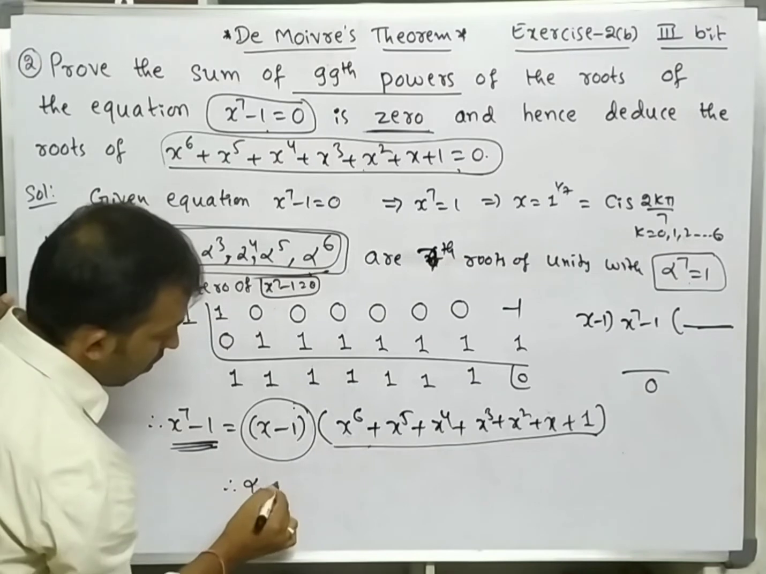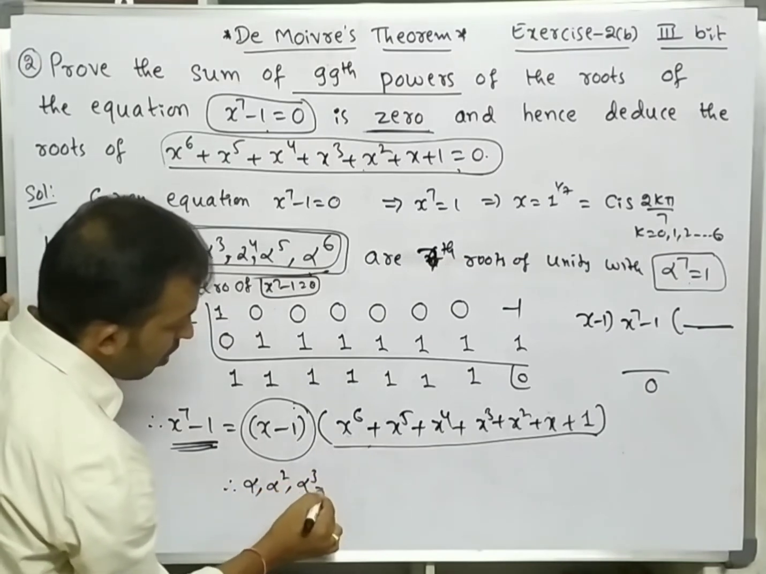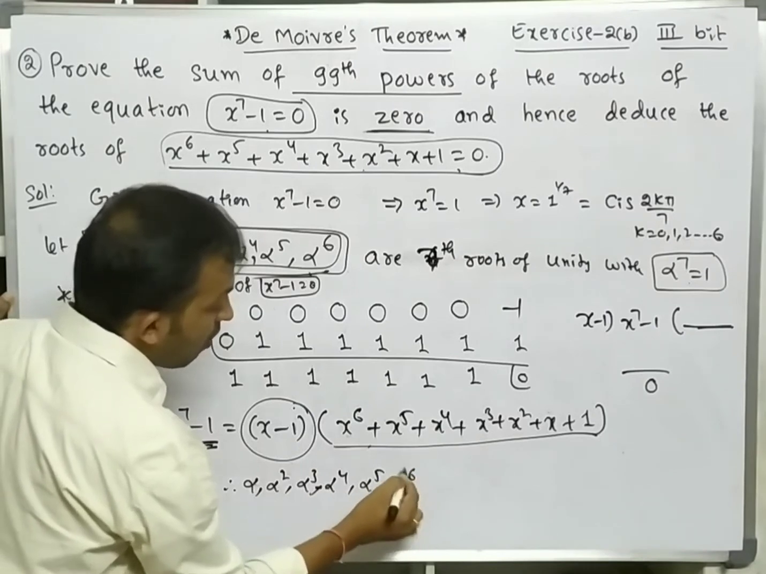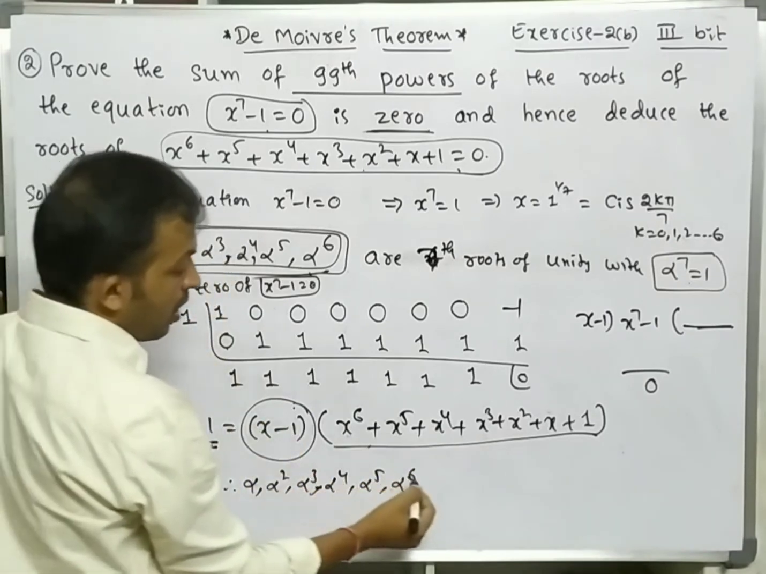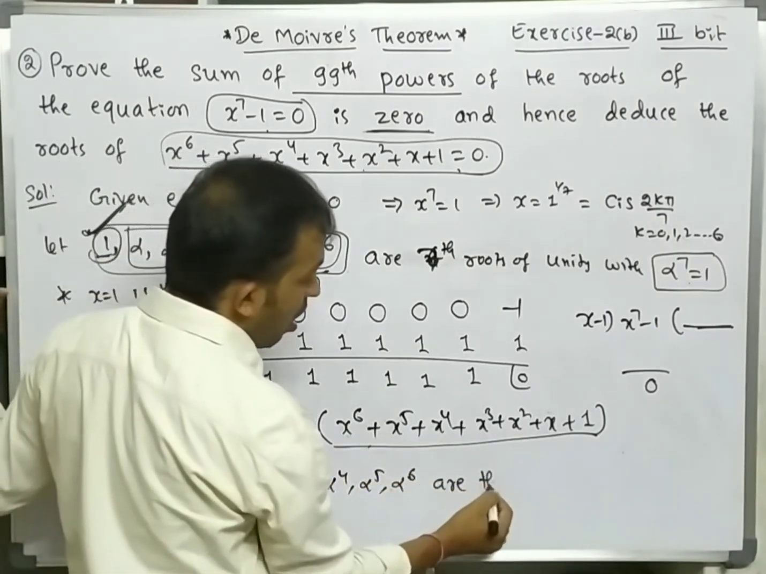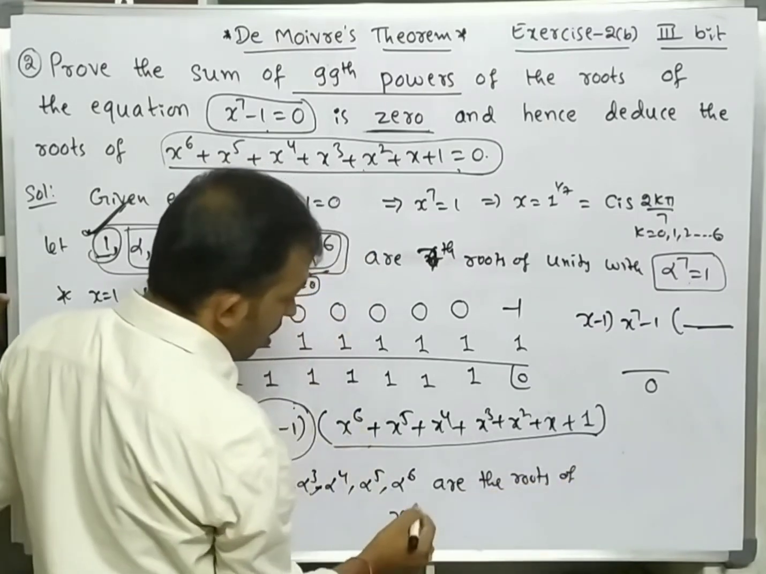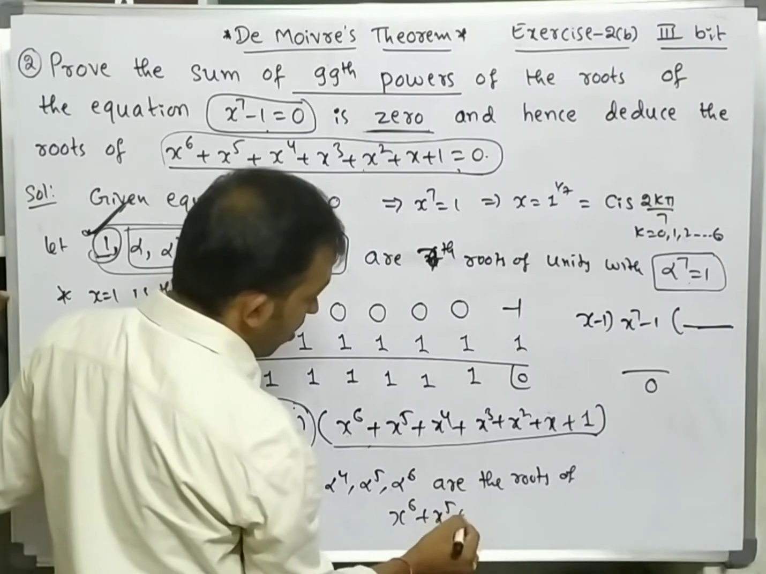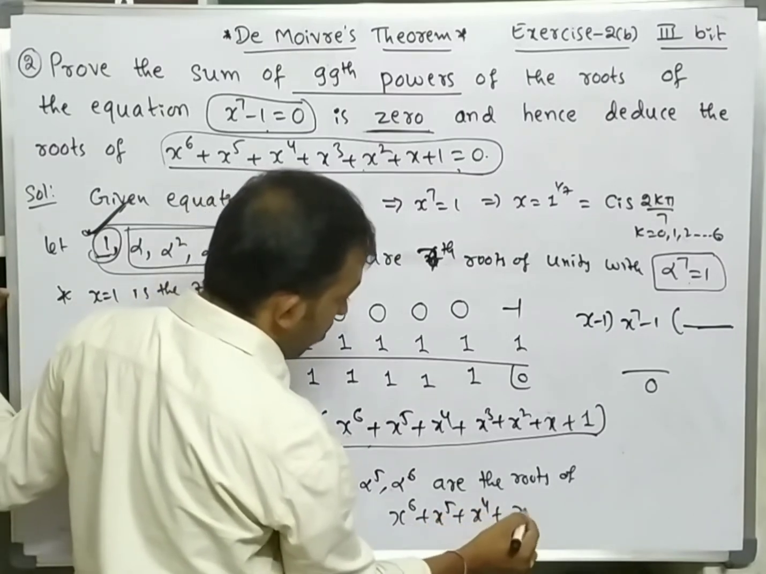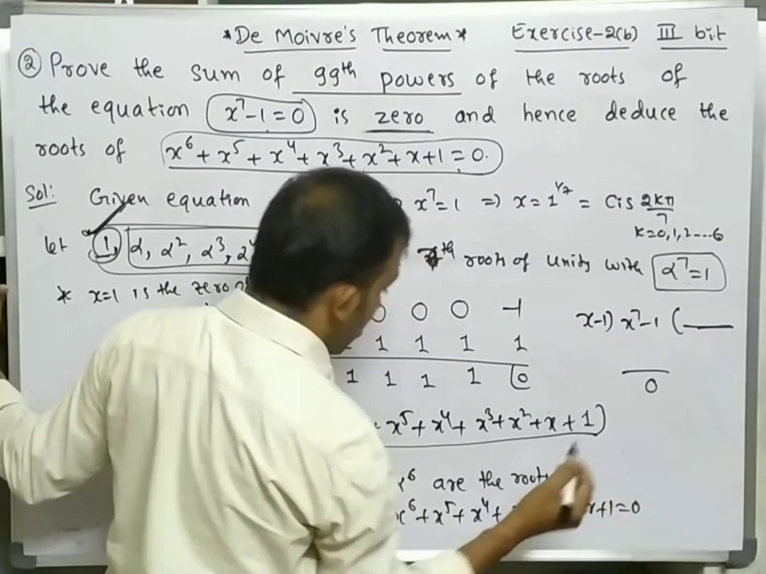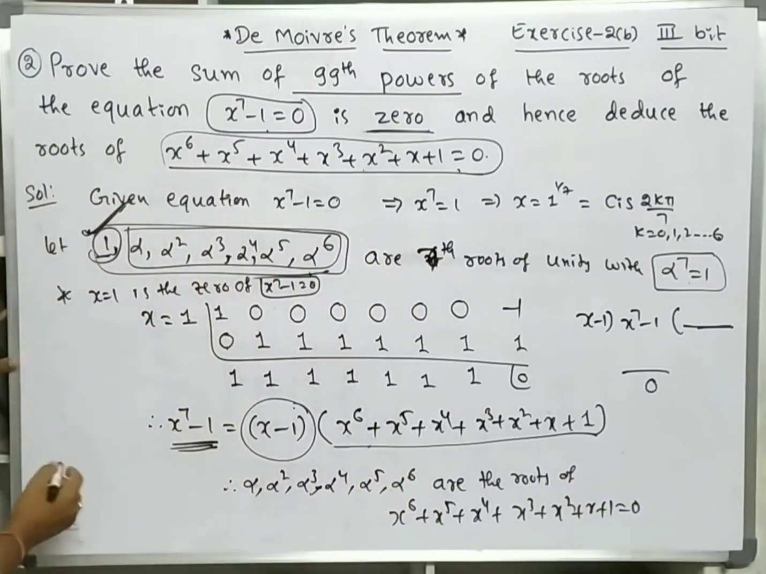Therefore alpha, alpha square, alpha cube, alpha power 4, alpha power 5, alpha power 6, already one completed, are the roots of the given equation x power 6 plus x power 5 plus x power 4 plus x cube plus x square plus x plus 1 is equal to 0, right? Simply we can write